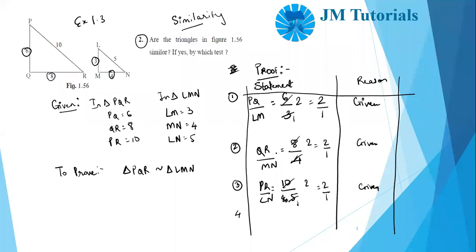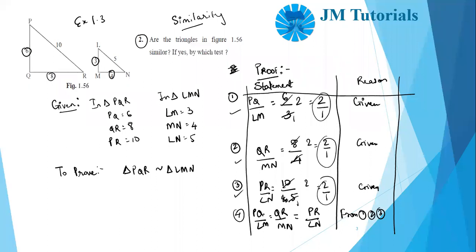Okay. So yeah. Now I'll write the corresponding side of similarity. PQ upon LM. I still don't know whether they are similar. What I'm doing is I'm basically proving them as similar. QR upon MN, and finally PR upon LN, and that is from where? From 1, 2 and 3. Because see now, this should be clear with you all. Is this clear? First 3 steps, and after the 3 steps, what you see, this is also 2 upon 1, this is also 2 upon 1, this is also 2 upon 1. So basically I say all are equal. Now if all are equal, therefore now I'll write the 1-to-1 correspondence. I'll write the triangles that are similar. How? Okay, let's see.